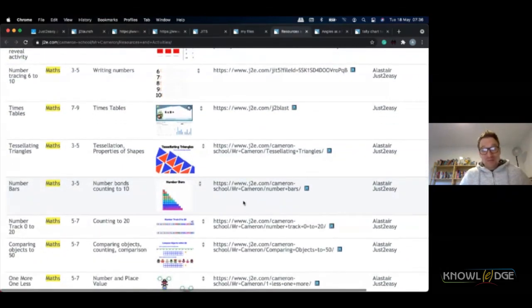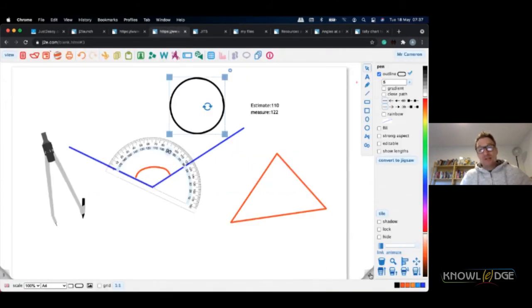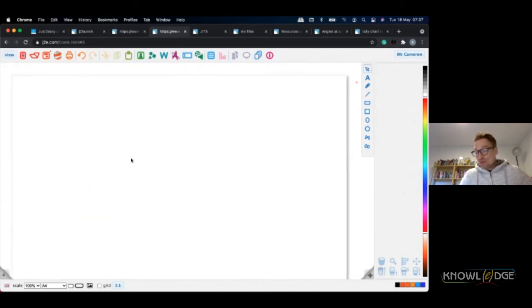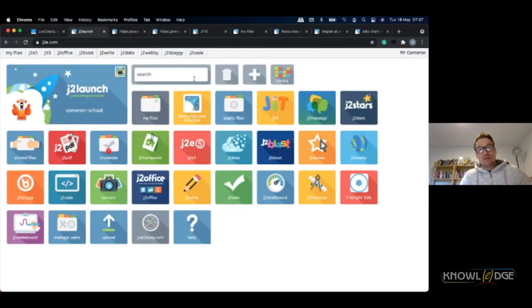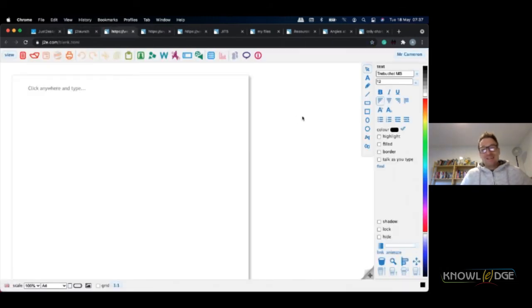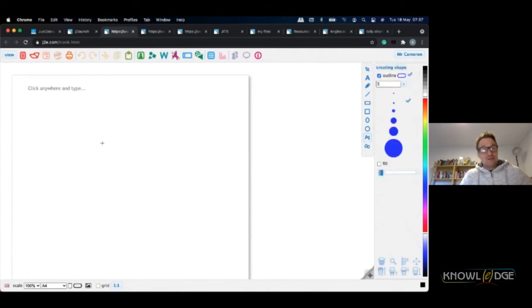Now, one of the fabulous tools of Just2Easy is the ability to do all of those wonderful things. With J2E5, you can then produce some fabulous things such as tessellation. So you can see how, and I'll demonstrate on a page. Let's just open a brand new one here. If I put some lines on the page, so let's make a triangle here,